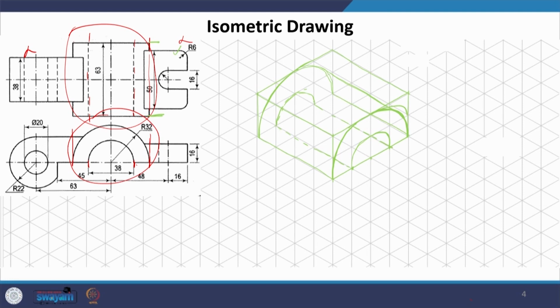Now, let us look at this part. So, where is the reference? The reference is here. Okay. So, we have this reference plane here. We know that this is the point where we have the reference plane for arriving at the center of this and all of this. Now, we are also going to draw the reference for this one, but it is slightly offset at the back. So, what we are going to do is we are going to take this offset, which is this on this line. So, say this one, and we know that this is the same plane. So, this is where we are going to draw our front elevation of this part,